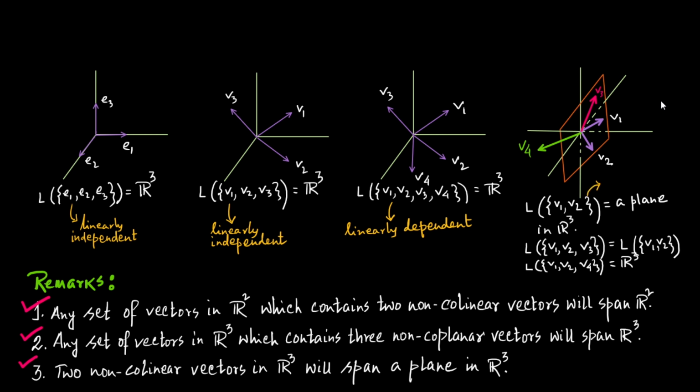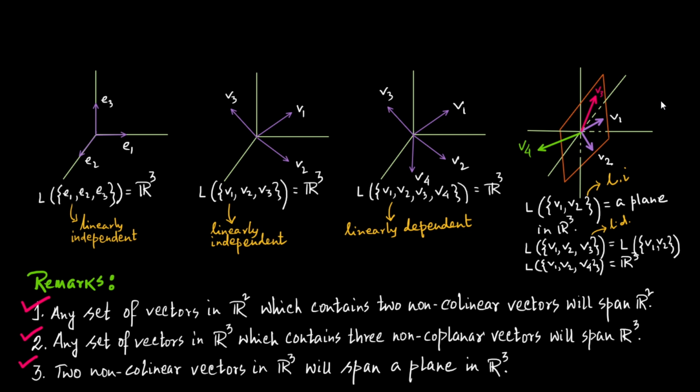Now, if you look at the next one, what about this set of two vectors, V1 and V2? What kind of a set is this? Of course, this is linearly independent. Now, if I consider this set of vectors, V1, V2, V3, what kind of a set is it? This will be linearly dependent, because the vector V3 lies in the span of V1 and V2. Or we can say the vector V2 lies in the span of V3, V1. Or the vector V1 lies in the span of V2, V3, all are the same. So this set is also linearly dependent.